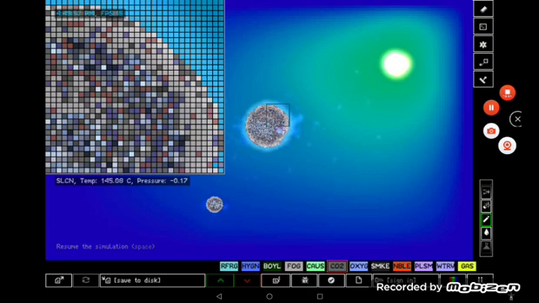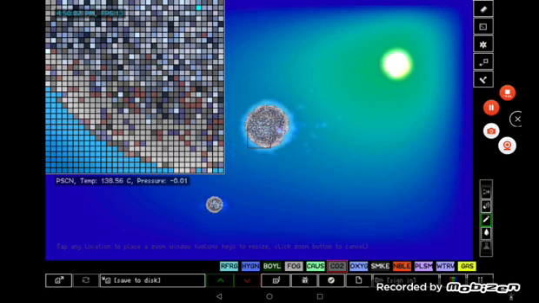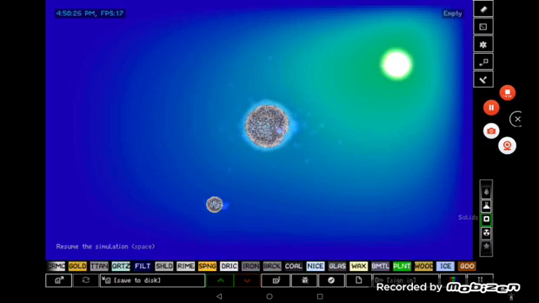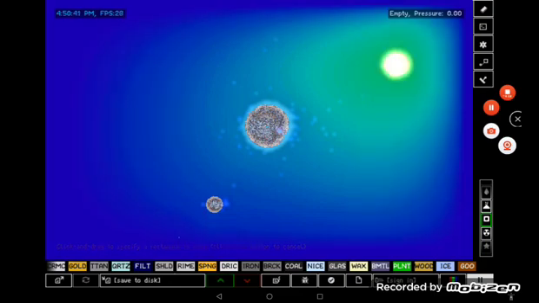How is our temperature lowering still? I think it's actually starting to rise again. We might be getting too hot for water now. The other side of the planet is also far too hot for that. It might be harder than I initially thought, because we need to have it in the habitable zone. And I think the sun's placement is actually pretty good. It might be the planet's placement. So I might just